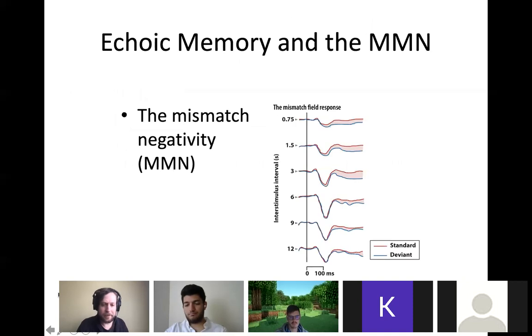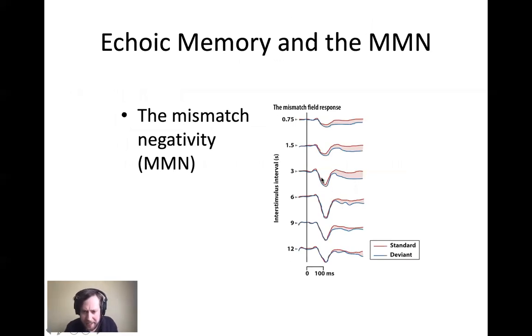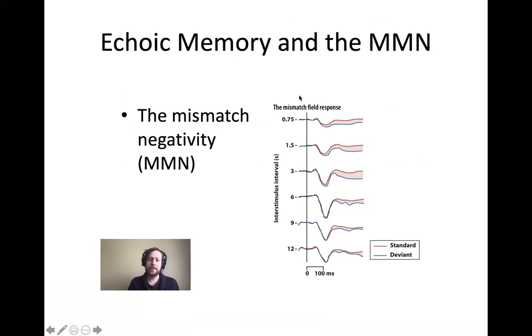Here's more evidence that echoic memory is around. I said the echoic memory was longer than iconic memory, and here is evidence that echoic memory has at least a duration of about 3 seconds, according to the study. So this is using an event-related potential. Actually, I think in this study they were using MEG,